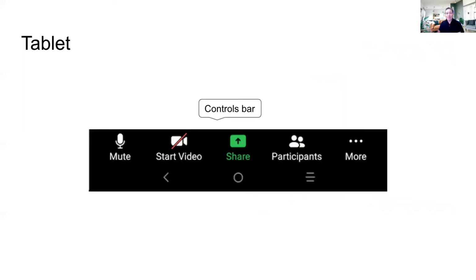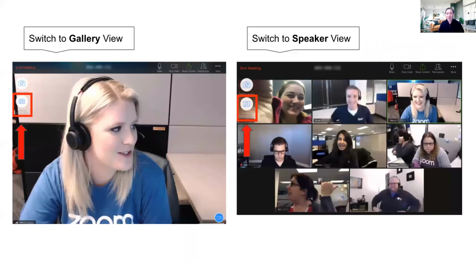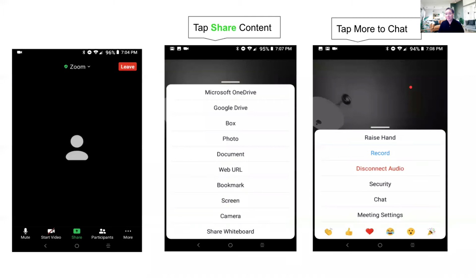Tablet. As you can see here, very, very similar options in the control bar. On your tablet, you're able to toggle between your gallery view and speaker view. Your gallery view shows you the different videos that are available to you, and just look for the green border, letting you know who is speaking at that moment. On your tablet view,